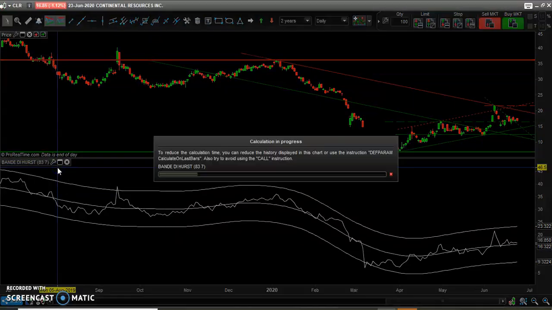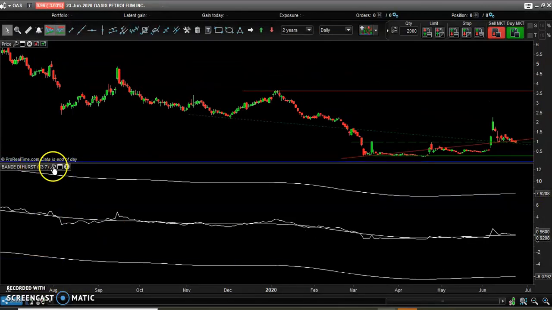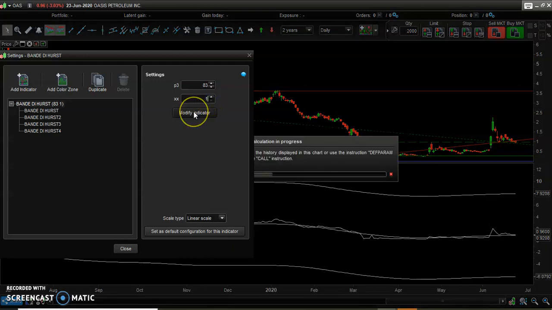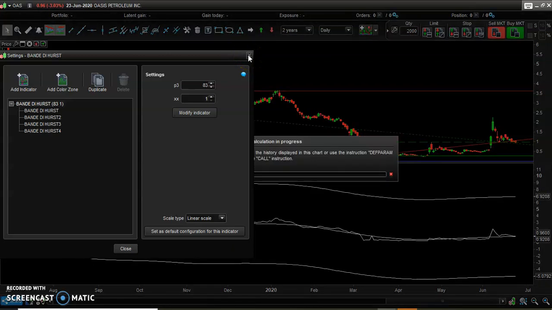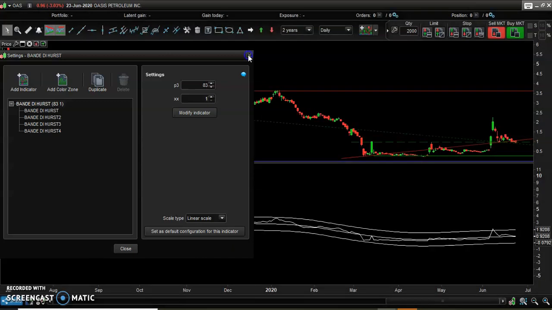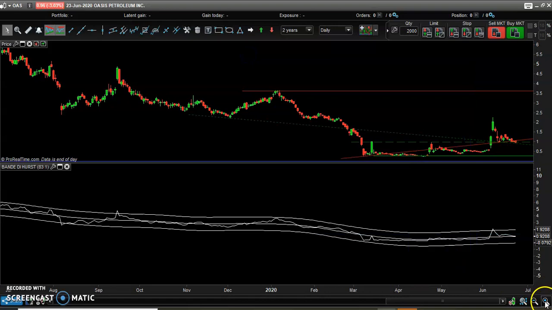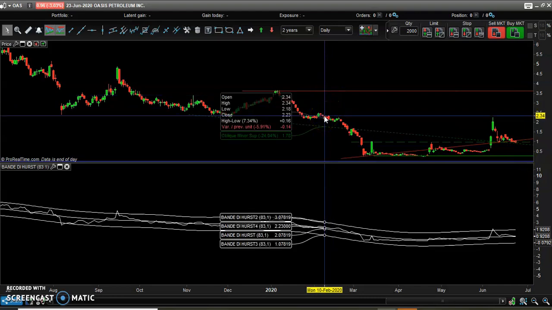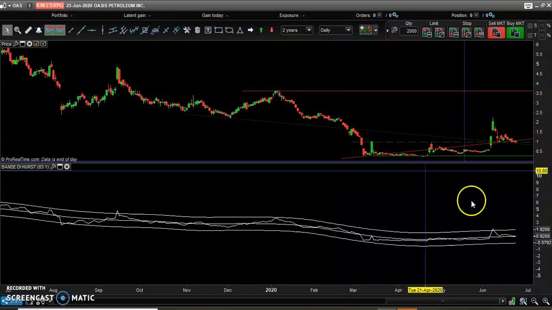Okay, here we have Oasis Petroleum. I guess we should change the parameter, the variable, because as you can see here it is too big, so we can downgrade it to 1, and let's see what we can retrieve from the analysis of the bands. Let's give the software time. Okay, perfect. Now we can zoom in. As we can see here as well, we have a very negative long-term trend. So this stock should be traded more on the downside rather than on the upside.